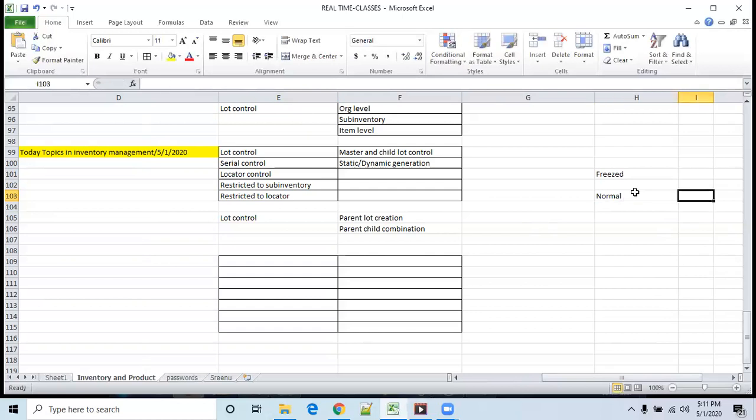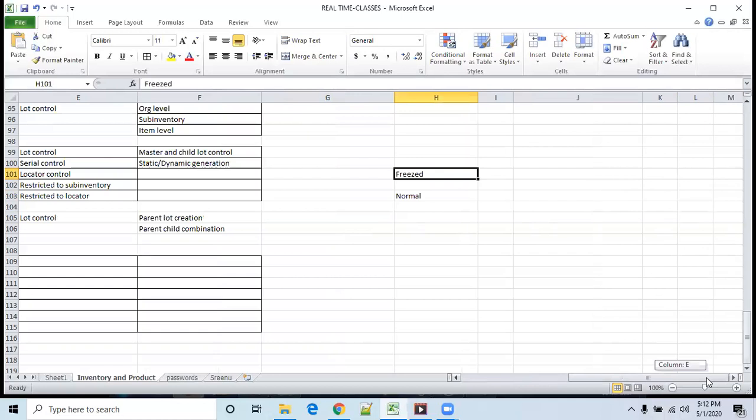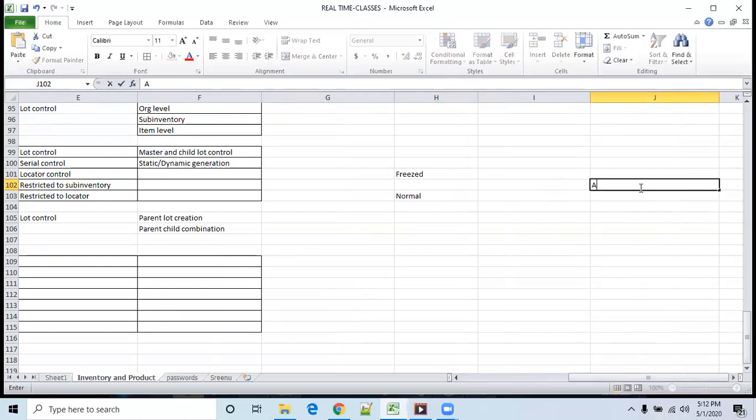When you receive the freezed material, in the item specifications we have an option that it has to go to a specific sub inventory A. What you call the characteristics of that sub inventory is freezed sub inventory.